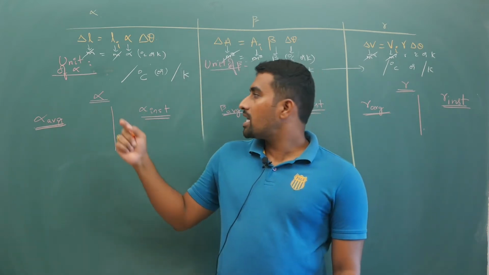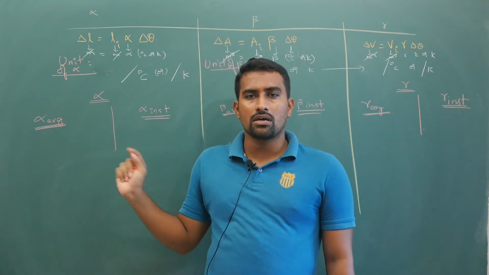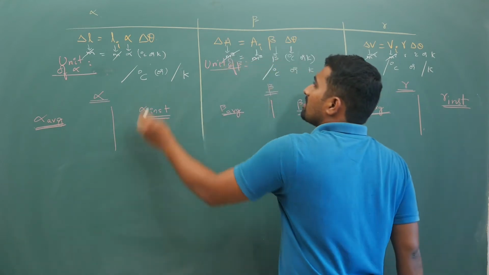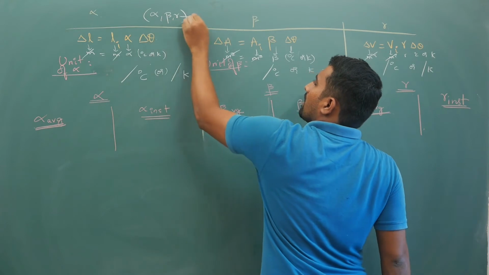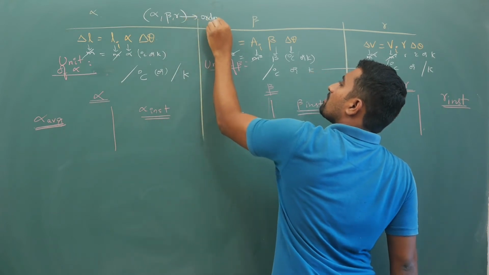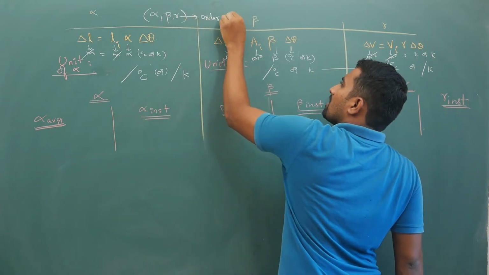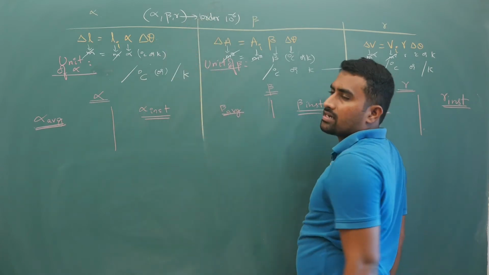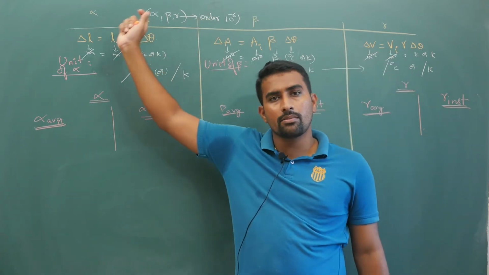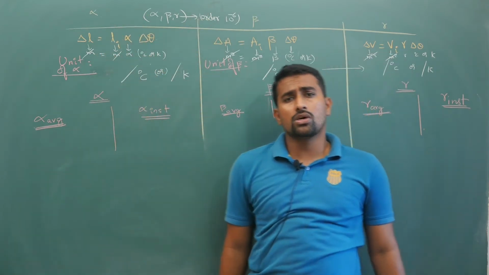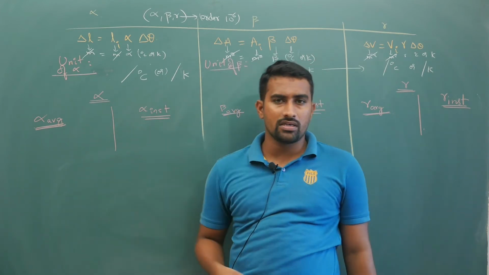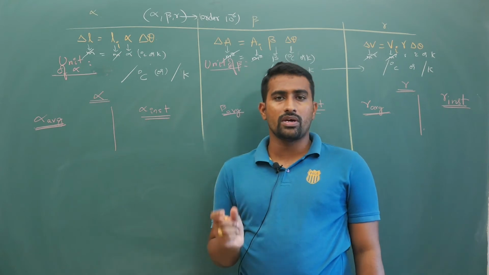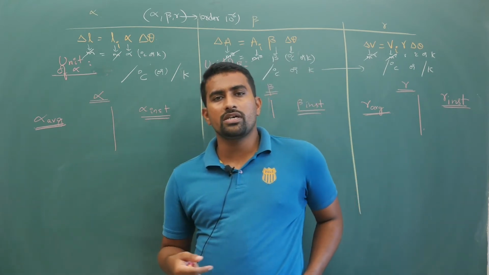If you change the temperature, alpha is not constant. I will write that. Usually alpha, beta, gamma are on the order of 10 power minus 6, but they get affected by temperature as well. Normally, from around 10 to 20 degrees centigrade, the change in alpha is not significant. It is very small, so that is why we assume it to be constant.